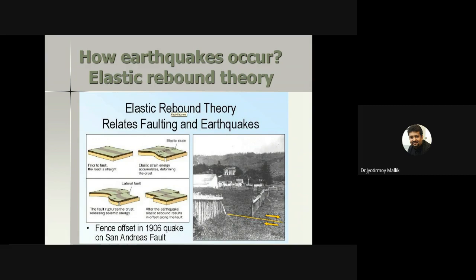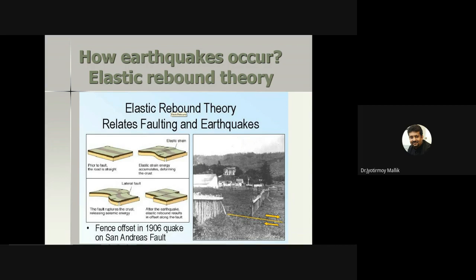In many places, faults are moving essentially, because the plates are moving. Because the plates are moving at a very slow rate, the faults are moving as well. Now, if all those fault movements had been translated into large earthquakes, the world would have ceased to exist. So what is being found is that almost 99% of fault movement is aseismic.